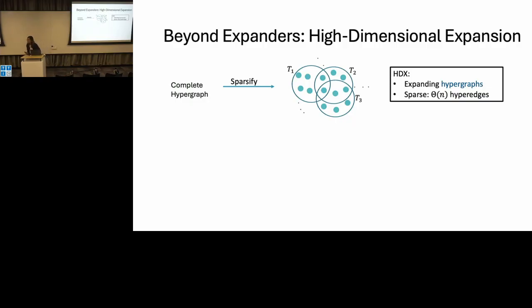There's one question. You said we are expanding hypergraphs, but are we checking a single hypergraph to look at the expansion property? Yeah, just analogous to expander graphs, where you would check the spectrum, for example. I see. So here you would check some kind of spectrum of the hypergraph. So any other questions?